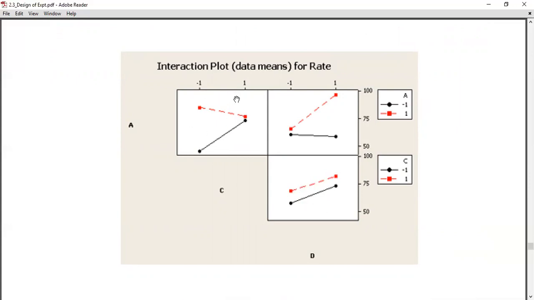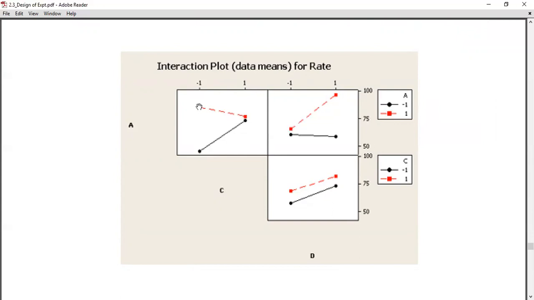Now how do I identify what is what? All these are A's, all these are C's. Vertically this is C, and vertically if I look at D, the values here are 50, 75, 100. Now how do I identify A? The value of A is given here: black is -1, red is +1. For C, this is the -1 level and this is the +1 level, so I should make a combination. There are 4 points, and I have to hold at one particular point and find out what it is.